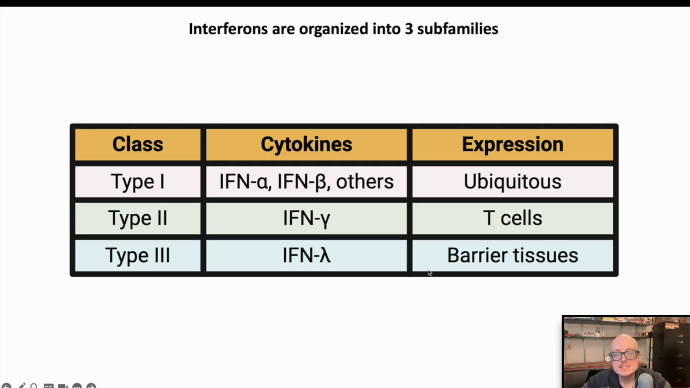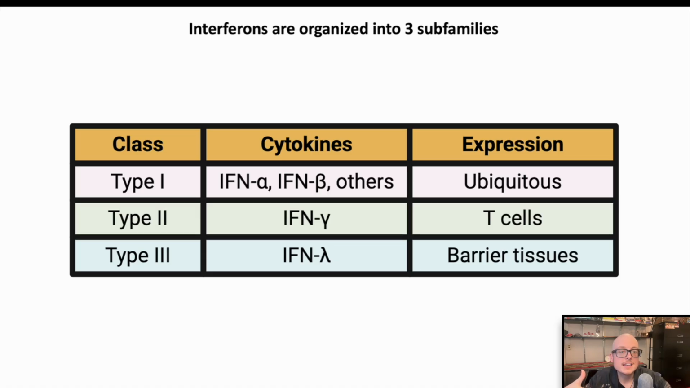The main specialization of type 3 interferons is that they tend to be expressed at barrier tissues. You can remember from previous discussions, I've described barrier tissues as sort of portals of viral or pathogen entry into the body. So the gastrointestinal tract, the respiratory lining, the reproductive linings, these are places where viruses are likely to